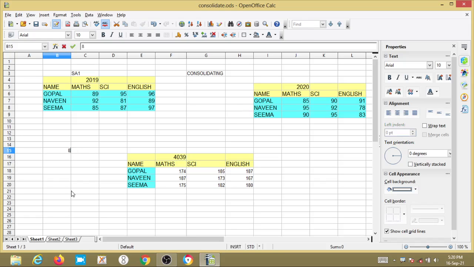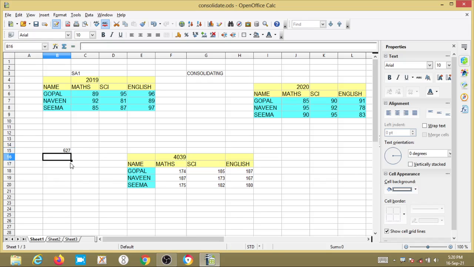Do not worry about that. C is equal to sum of open bracket, select this, colon, select this, close, enter.